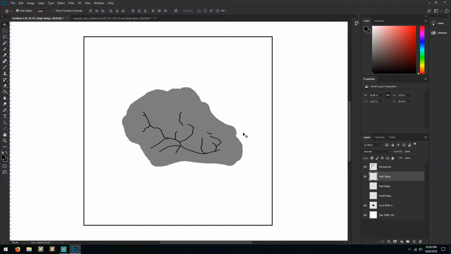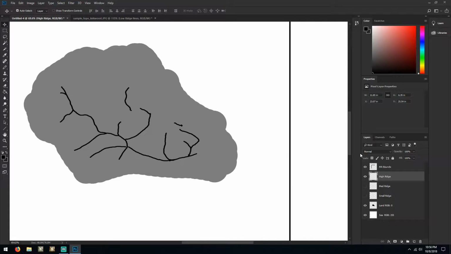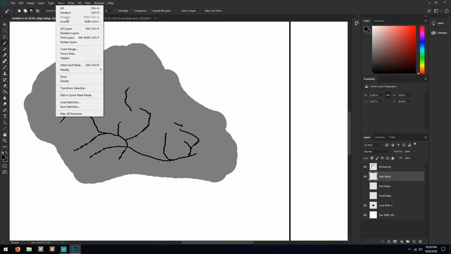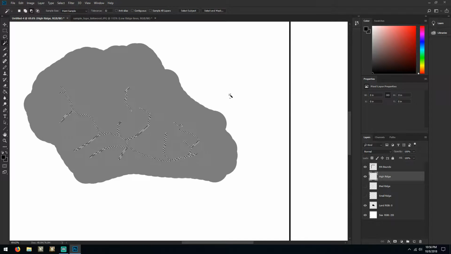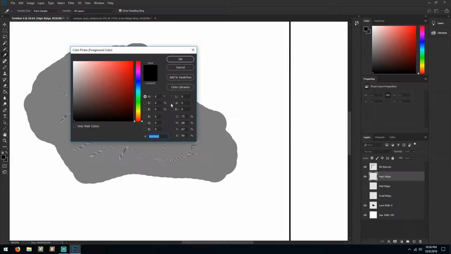Okay, so now that we have that, we want to change the color in that. So we're just going to go to the wand tool and select all. We're going to select inverse. If I hit delete, it deletes. Now we're going to go ahead and set this to